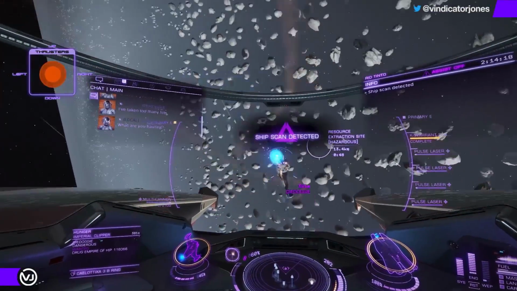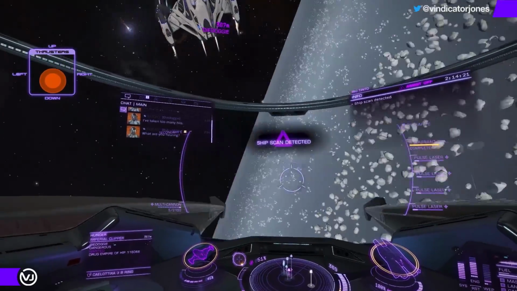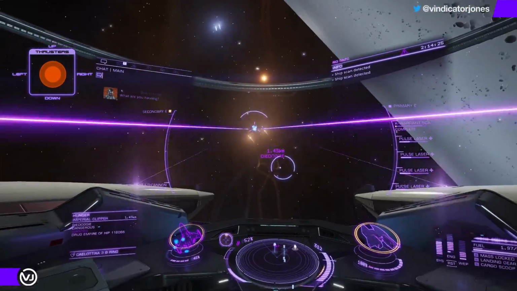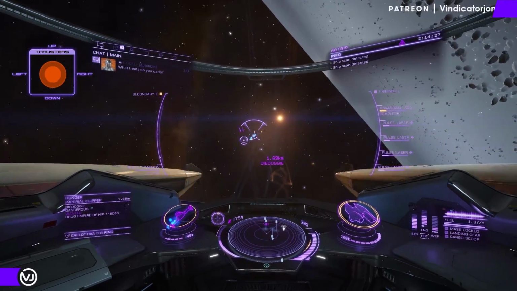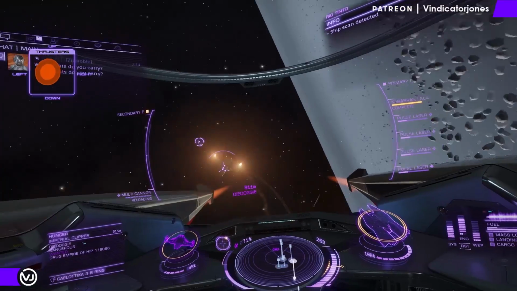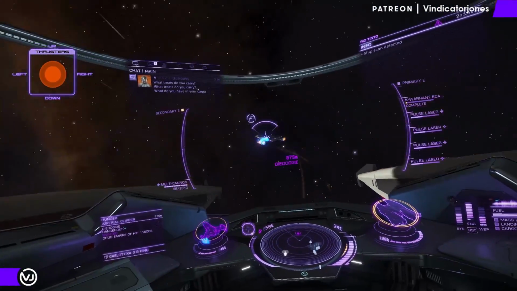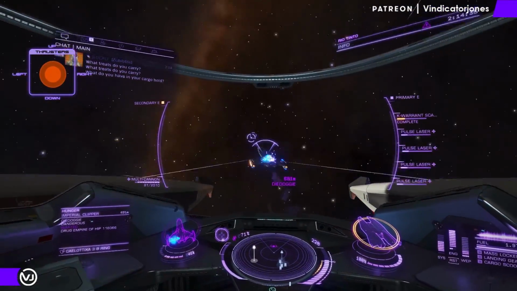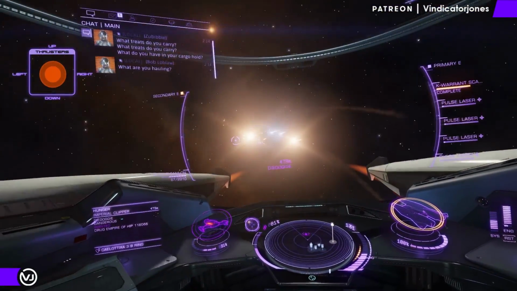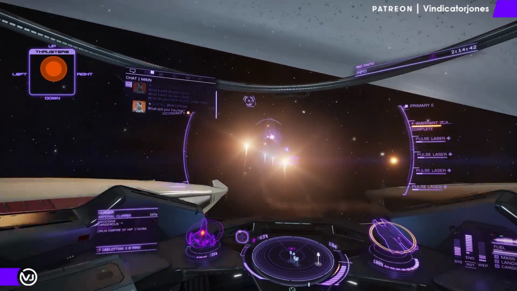Shields have gone back up. The distributor is just still... I know a lot of people will disagree with me here, but I think the distributor is not up to par. The large weapons really drain it too much. This really does need the same distributor as the Python, which is a class 7. Just keep running out of power, so...